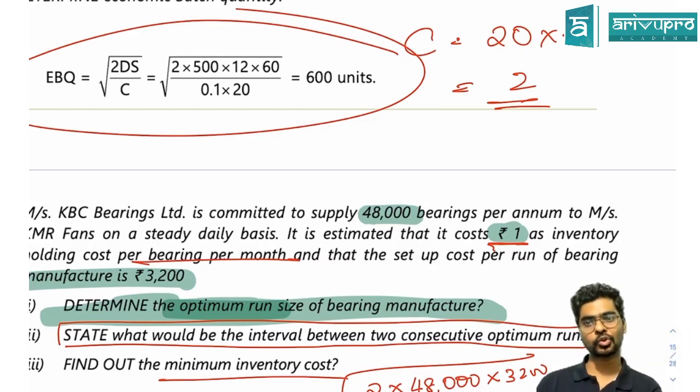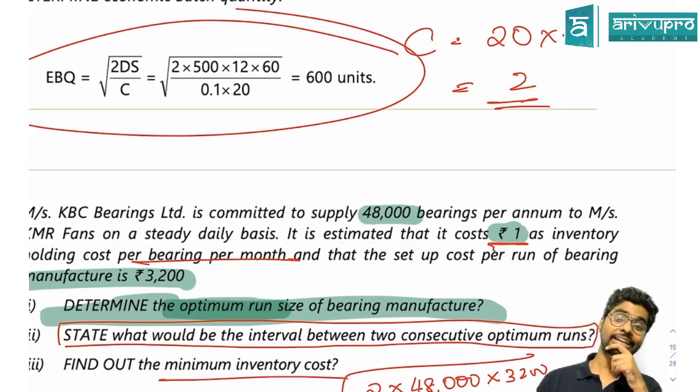Naveen, opening inventory is 0, closing inventory is 5060. So average inventory is what? Opening plus closing by 2. Correct, sir. So you can always do it by 2. If you see all your study material, it will directly have 5060 by 2. Students won't understand why. That's why I'm just telling why it is. Because opening inventory, if it's 5060, the moment it will become closing, it will be 0. Only then you are placing an order. Without knowing why you are doing divided by 2, I am telling you the logic, so that when you are solving, you do it by 2. Understood, Naveen? Okay.